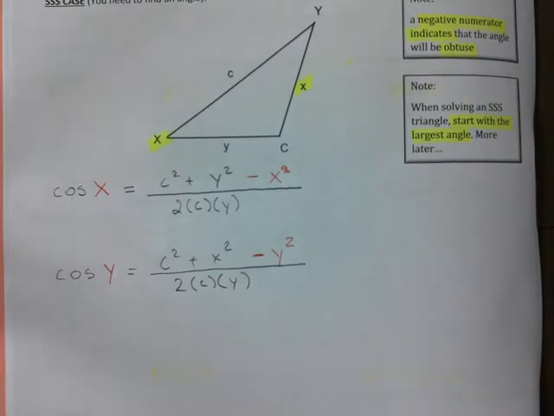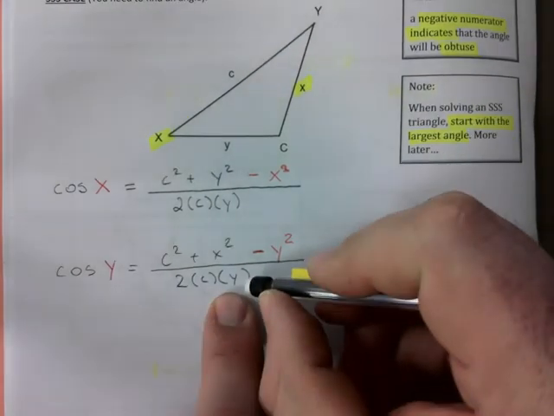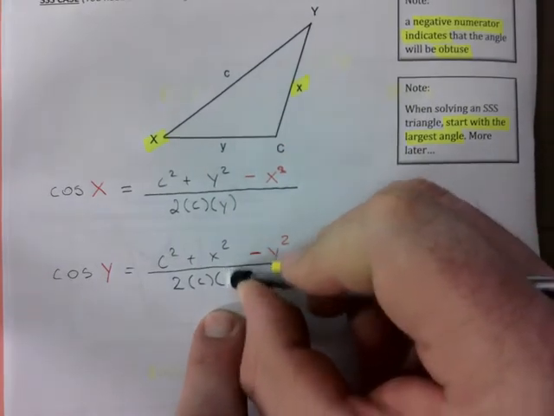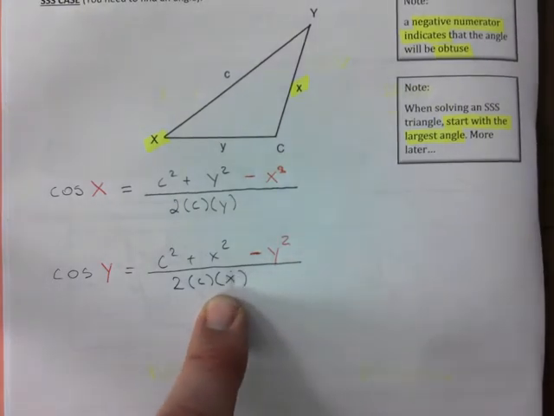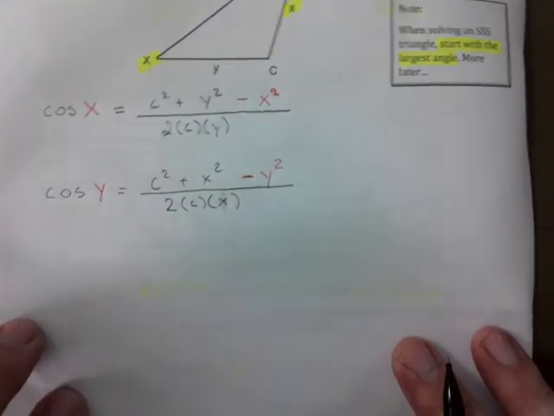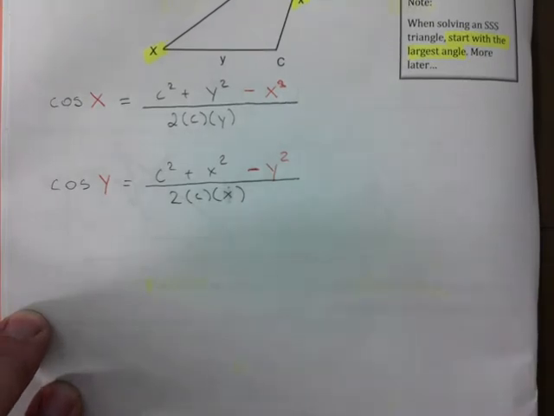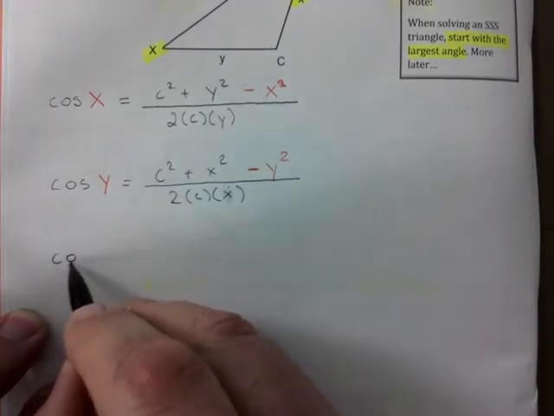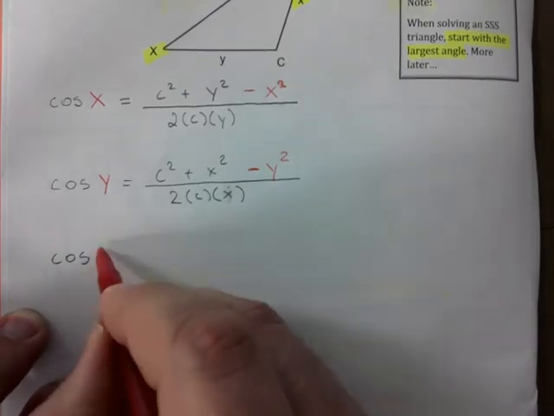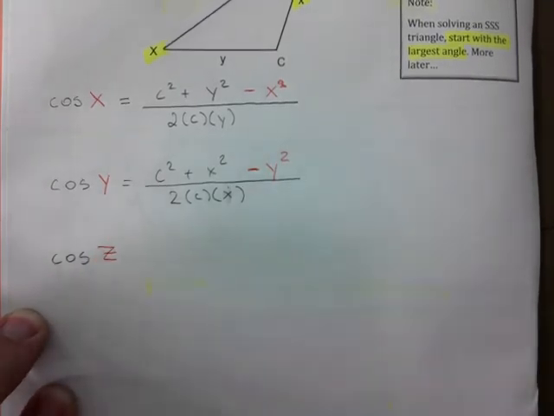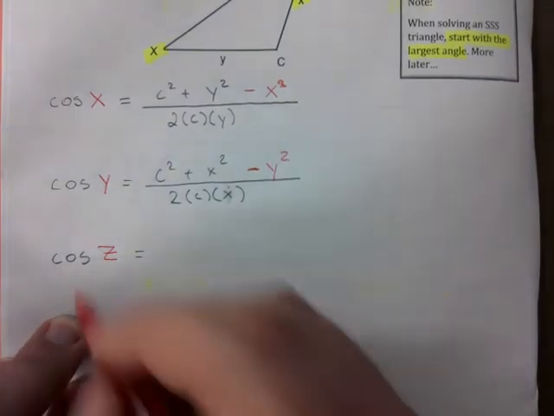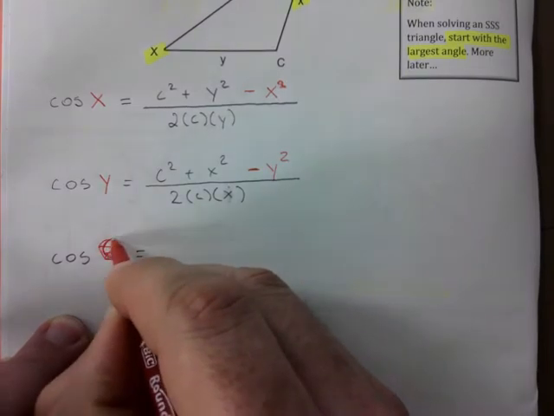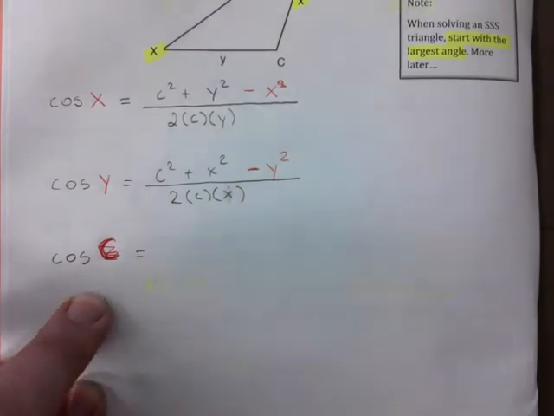I always like to, sorry, this is not y. Do you see that that's a problem? It's this side here, x, c x. And then cosine of z, angle z. Did I say? Oh, I messed up my nice example here. Anyways, cosine of angle C,